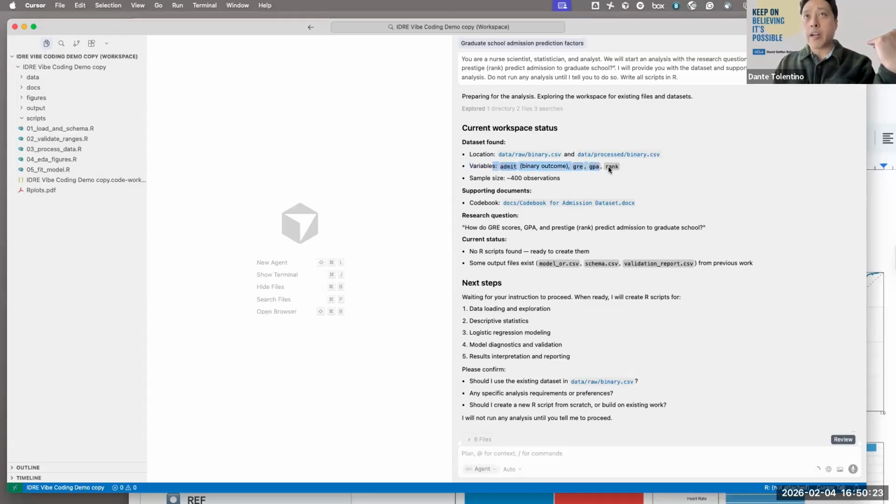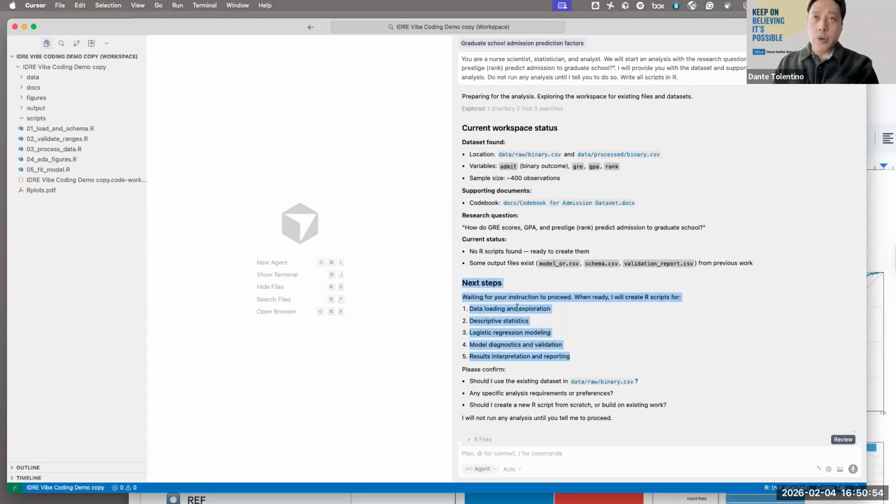Admit is binary, you have the variables GRE, GPA, and rank, and a sample size of about 400. Here are the supporting documents, since I already uploaded those, and this is the research question. Then the current status: no R scripts are found. They're ready to create them when I tell them, which is good, because I prompted them not to create any scripts yet. And then it's telling me some next steps that I can do.